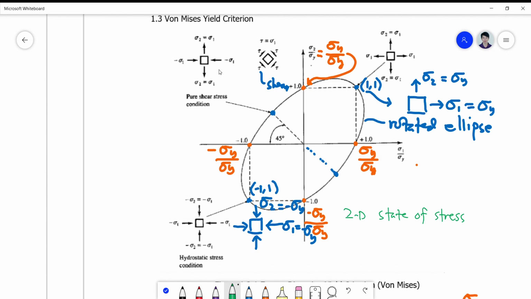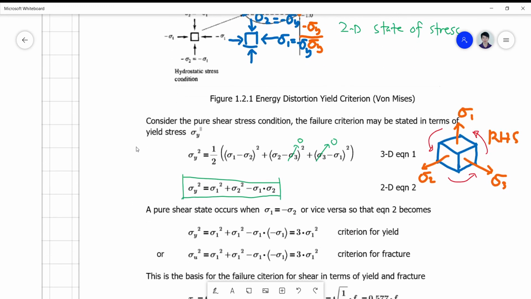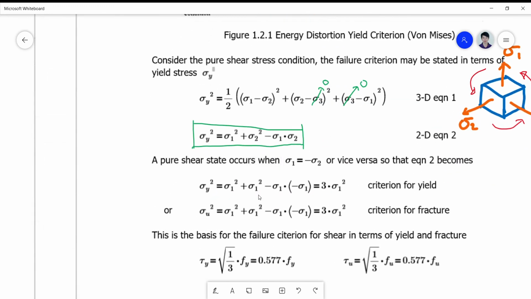This is the state of stress that is defined on the pure shear stress state or condition. So we simply substitute the value of sigma 1, which is negative sigma 2, or vice versa. We substitute sigma 2 as negative sigma 1, such that